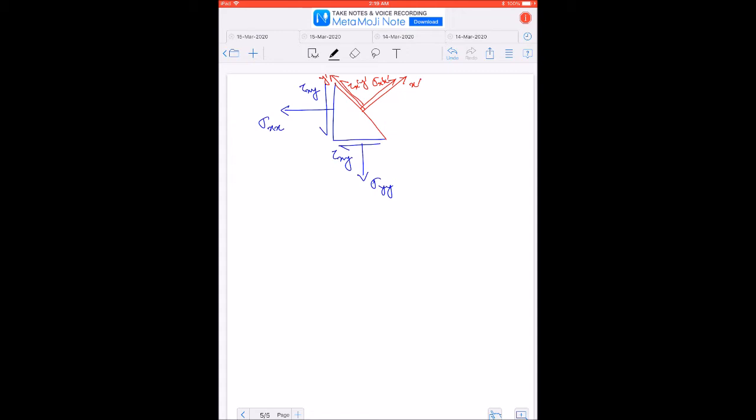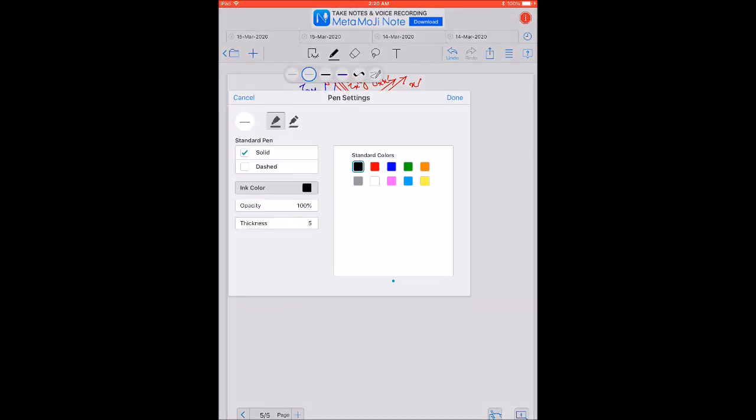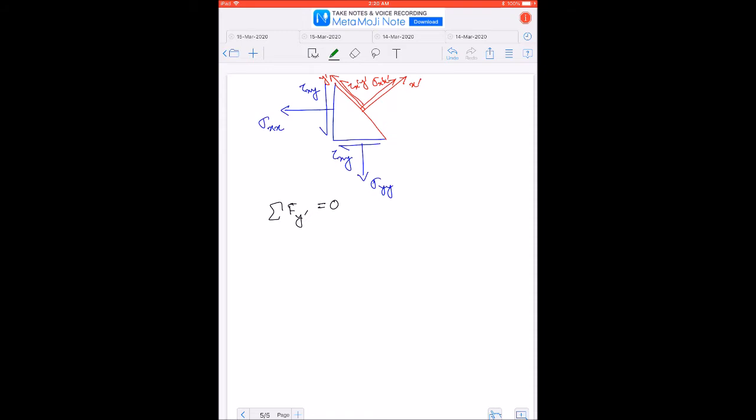So I'll carry out my force balance now. Sigma f y dash is equal to 0. Now just as I had done earlier, I'm going to consider my edges L, M, Mn and Ln. Let me depict it here quickly. So this was L, M, N, and